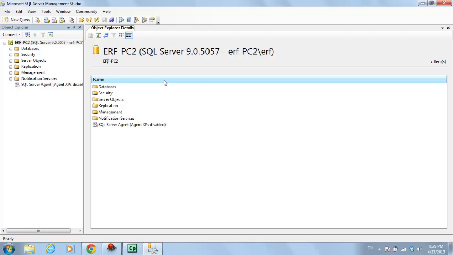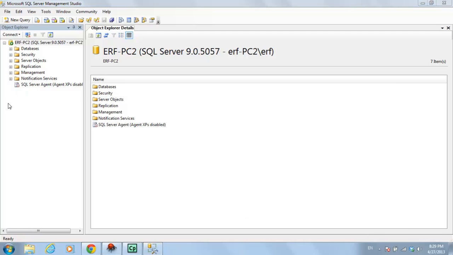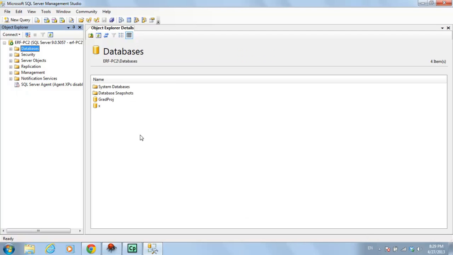Here you can build a new database and you can manage your databases. There are some objects here in these nodes, but I don't want to go in deep right now. Let's leave all of them for later. I just want to go to databases. When I click here, you see in my object explorer, I will see my databases. These two databases were built by me, and I want to build another one for our